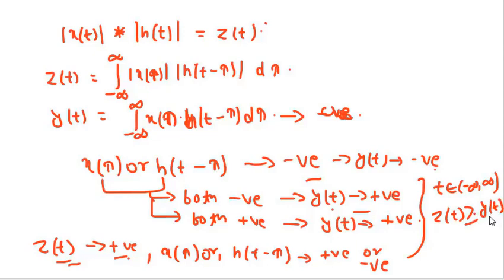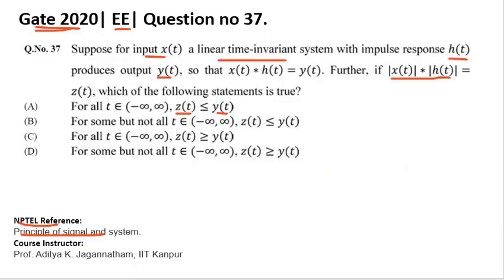It is greater when y(t) becomes negative, that is, when any one of x(tau) or h(t minus tau) becomes negative, and z(t) will be equal to y(t) when y(t) is positive, because z(t) is always positive. So the correct answer for this question is option